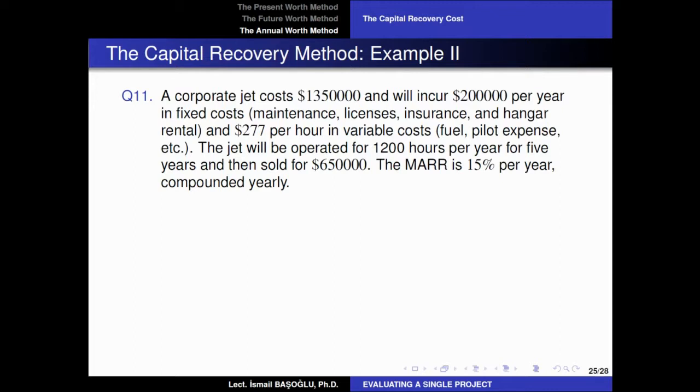The minimum attractive rate of return is 15%